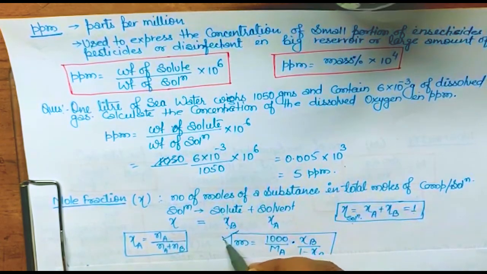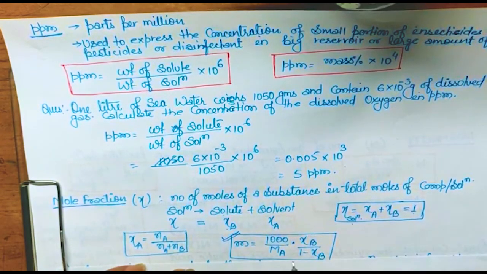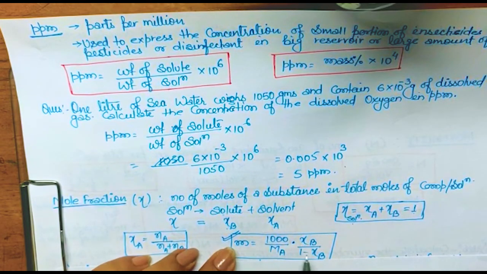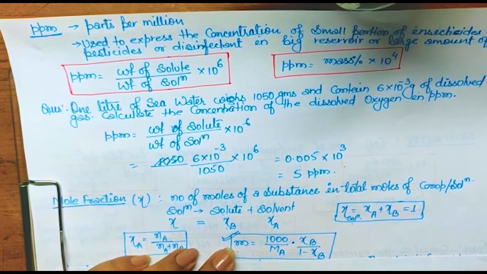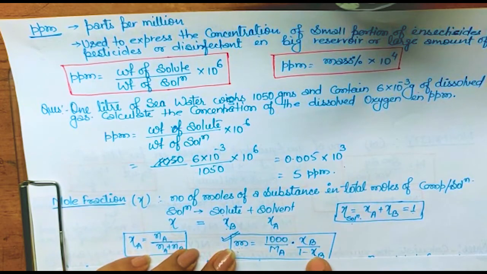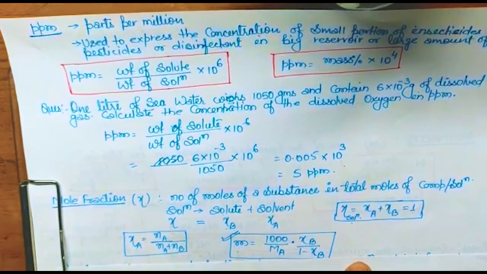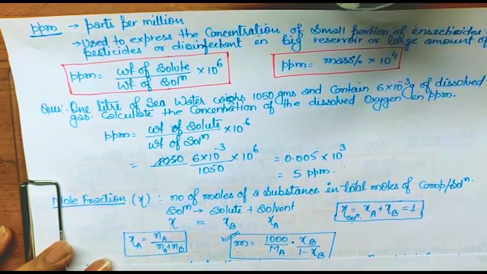This is a very useful formula. We can find the relation between molality and the mole fraction. Got it? Molality and the mole fraction. Chi B is mole fraction of solute. Got it? If the solvent's mole fraction is given, we can use this formula and we'll find this Chi-B. So here if mole fraction is given, we can find the molality, and if we get molality, we can find the molarity. So in that way, if mole fraction is given, we can find molarity also using the direct formula. Yes, hope it is clear.